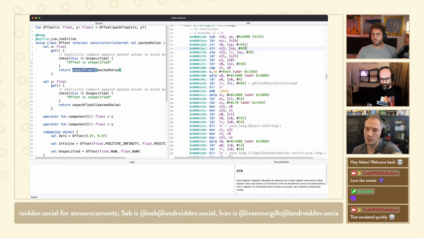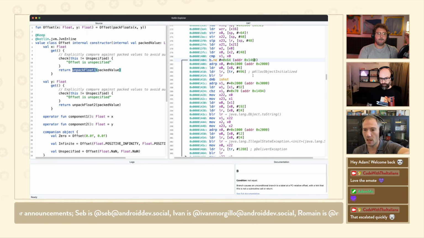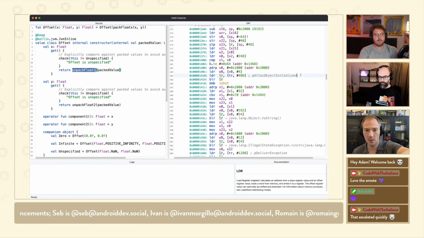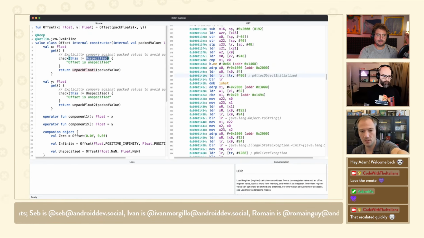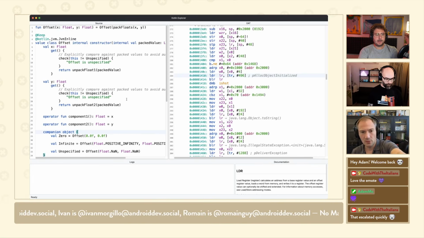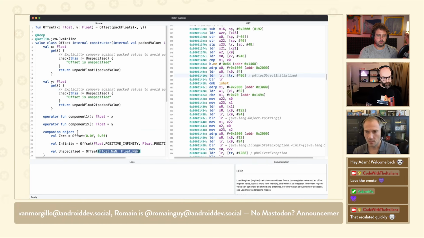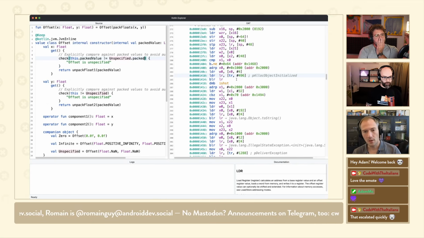So we got rid of one of those static loads and one of those initialization checks. We still have one here because we're comparing to this unspecified constant that's defined inside another companion object. But this is something we could also optimize. Because if we look at this unspecified, right, we're encoding 2 times not a number inside a long. So instead of testing the object, we could look at the value that we encoded directly, right? So we could write the code this way. And let's see if that makes a difference.